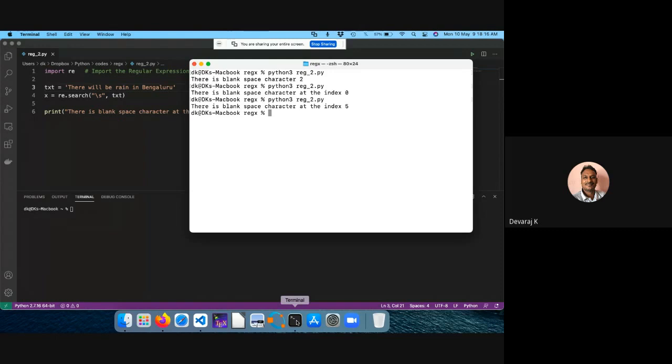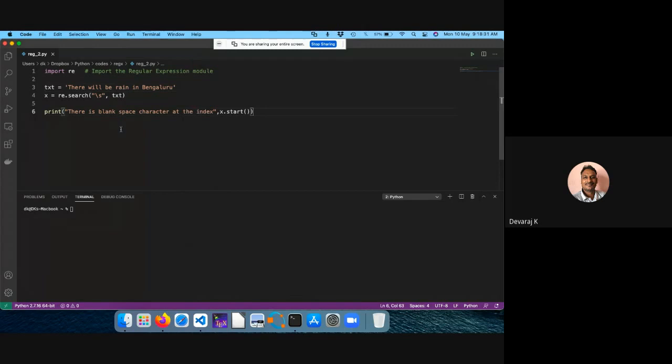So like this, you can get the output. It is going to search for the first white space character, using \s. Now, if you want to make a search that returns whether the match is there or not, for example, if I search for rain, I'm searching for rain here.